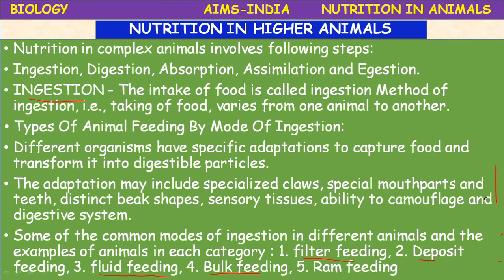The best example of ram feeding, sharks. The shark fish, the garfish, and the water snakes have evolved narrow pointed snouts, which help them in this mechanism of ram feeding. Okay, children,